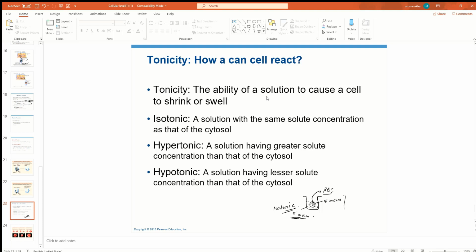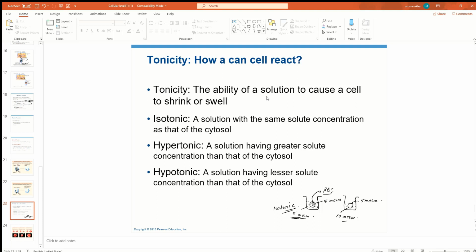Now if I put the red blood cell in a solution where the concentration is 10 milliosmol, and the red blood cell has always the same, let's say 5 milliosmol inside,